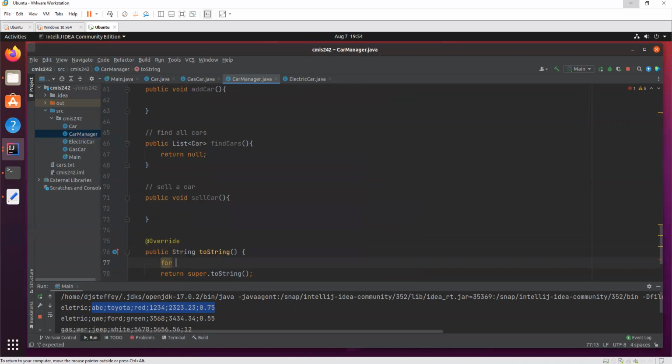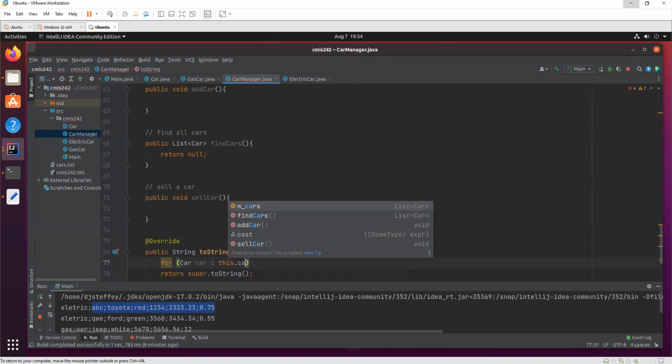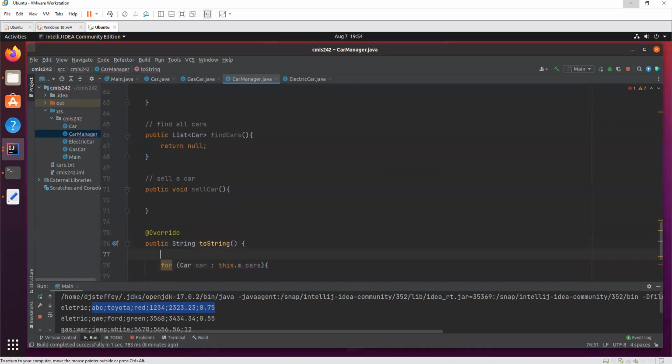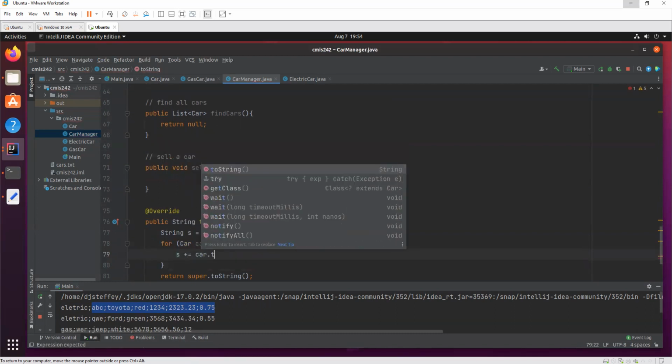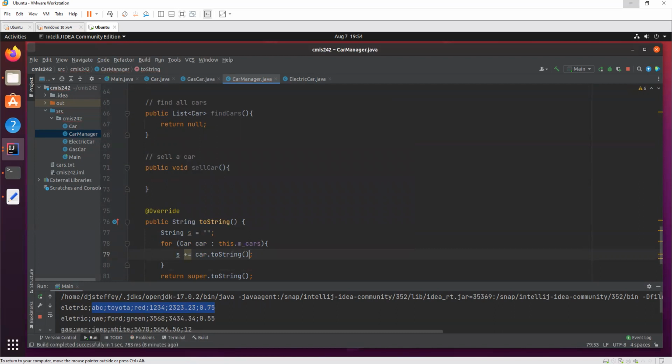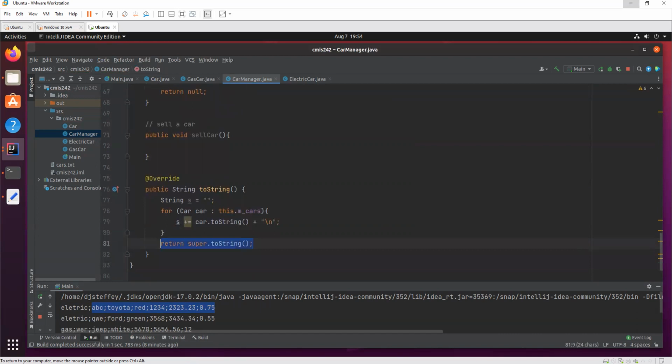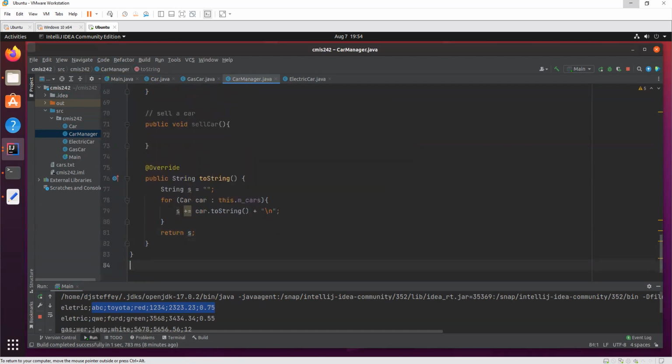So we'll say for car in cars, let's have a string S and start off being blank. And then we'll have S plus equals whatever the car toString is. And then we'll add a new line. And then we'll return that S for a car manager. Simple, but let's use this to help test our load method.